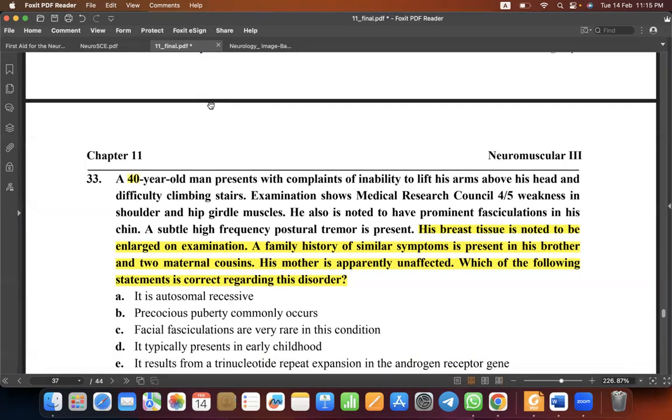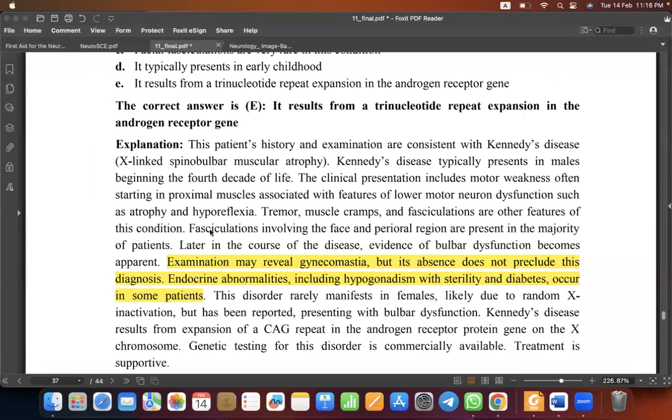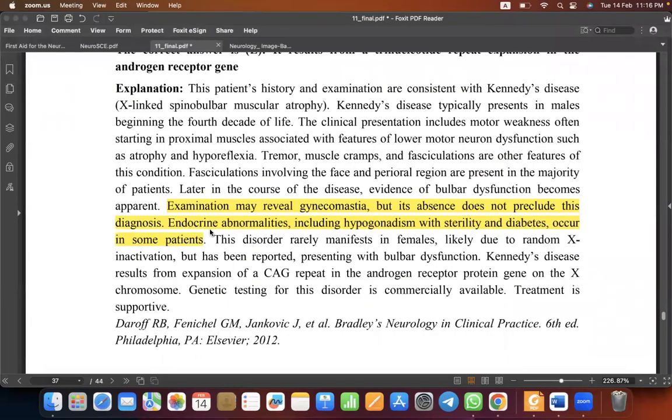Kennedy's patients can have a positive trinucleotide repeat expansion in the androgen receptor gene. That is very important. This is the typical mutation. The mutation involves the CAG repeat, I guess. So there will be a typical CAG mutation in the androgen receptor gene. That is the typical history of Kennedy's disease, X-linked